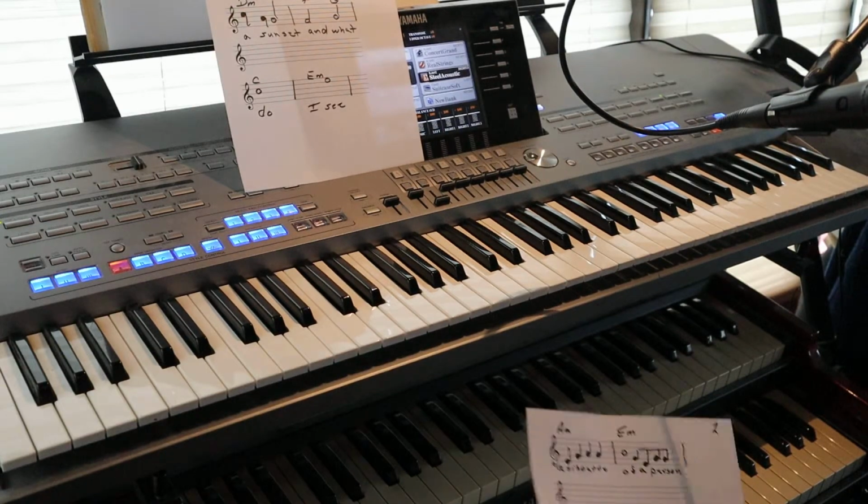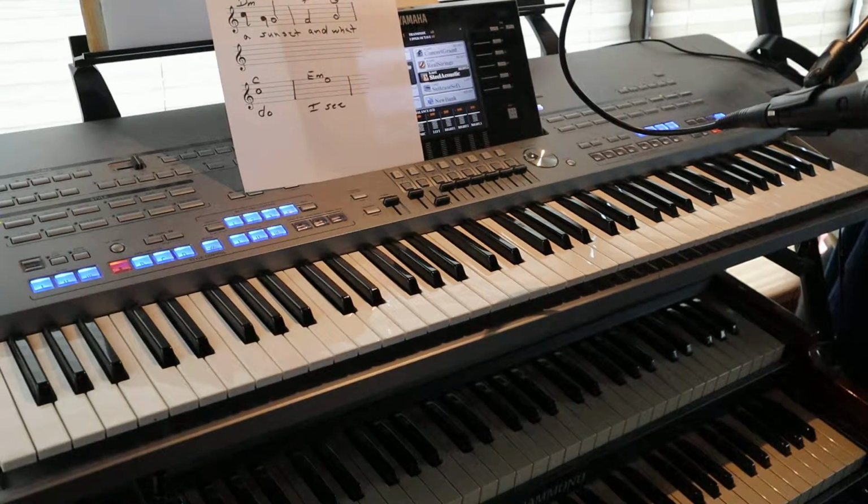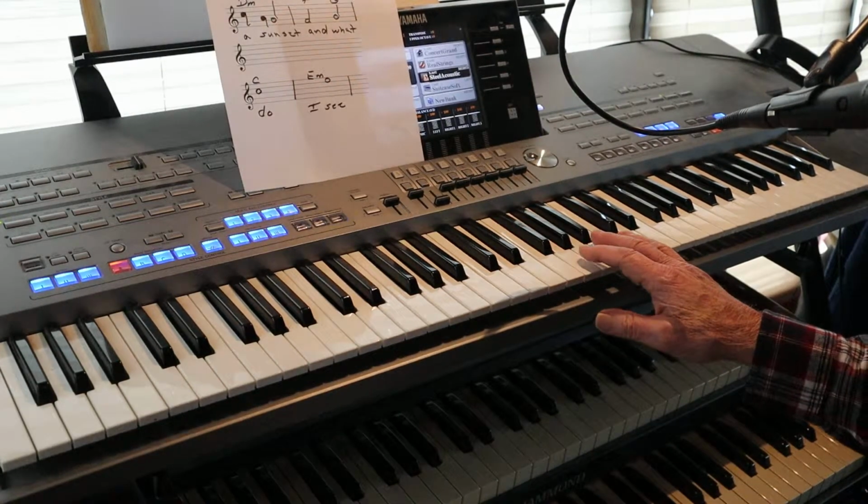So when we get through with this, you'll be able to actually write a song. And this song that we're doing together right now, when we're all done, I'm going to make it a song and publish it so you can see what it sounds like after I put a rhythm to it, tinkle around a little bit, clean up a few things and add a few things to it. Basically, when we get all done, it's going to be the same thing, except instead of starting it this way,